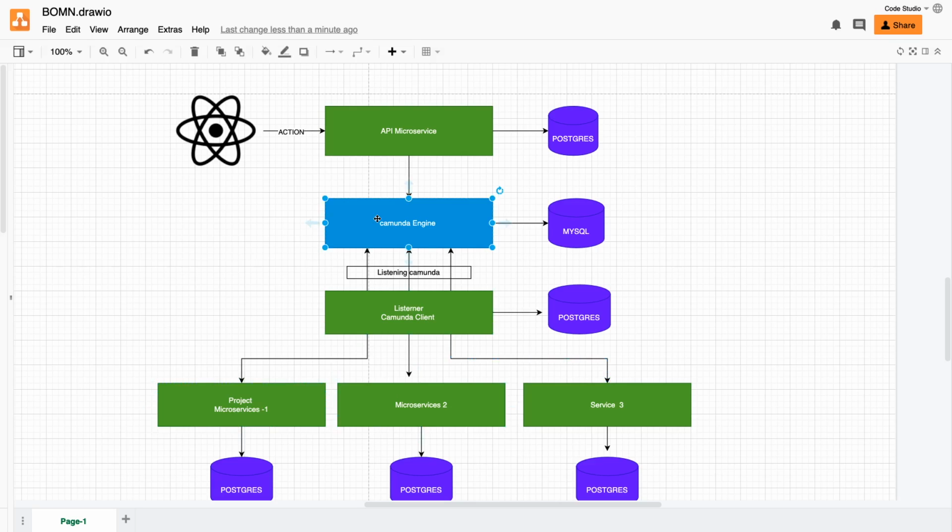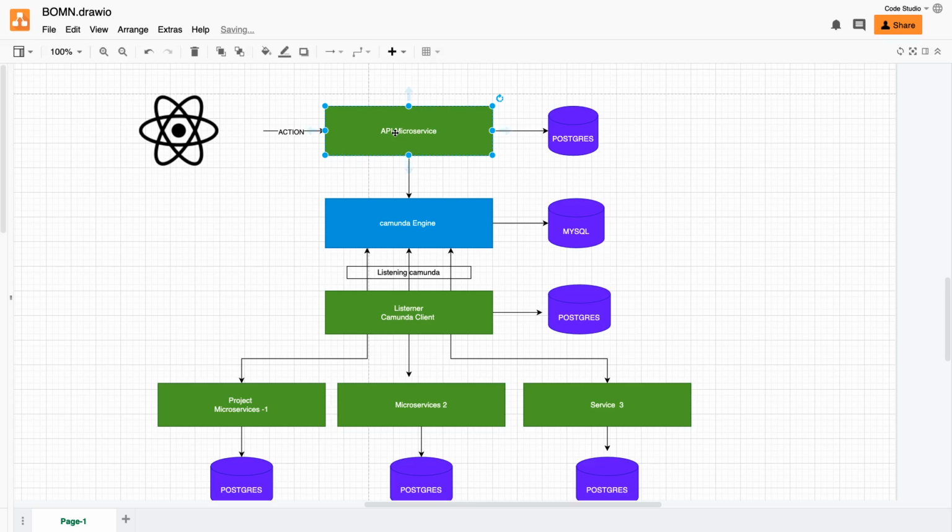Okay, this particular topic is giving us a 500 or 400 status code, so you can visualize this on the Camunda diagram. So what we are going to do is the real world application, how we are going to integrate the front end UI and a set of different microservices with this Camunda engine. So we are going to have a nice and clean interface on the UI side. You will click on some button, you will trigger some action.